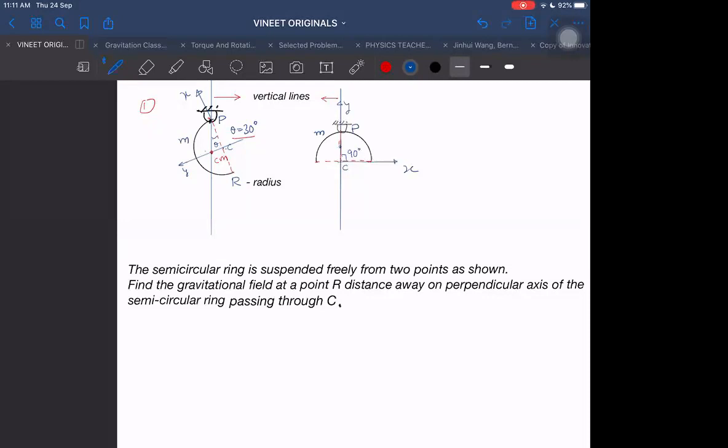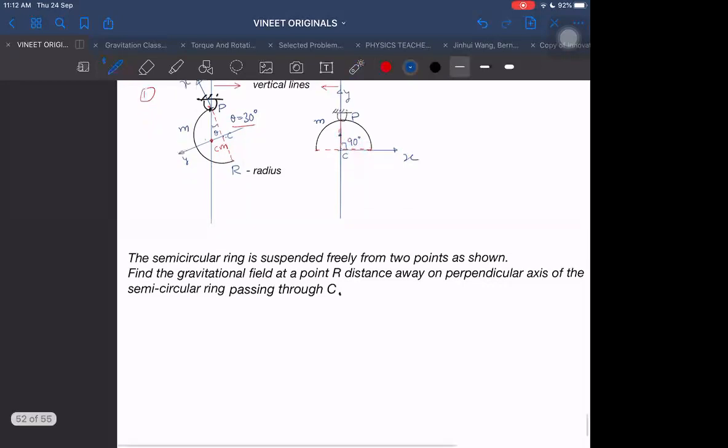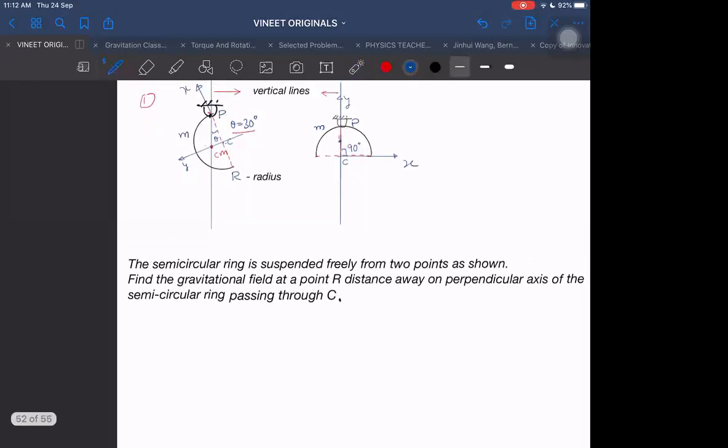The center of mass we know lies along this y-axis line, so it will be lying at a distance. If I make an angle from one end, then that angle subtends 30 degrees. Means if I join this line, then this angle will be 30 degrees. Anyway, once we understood this, then we can tell what is the